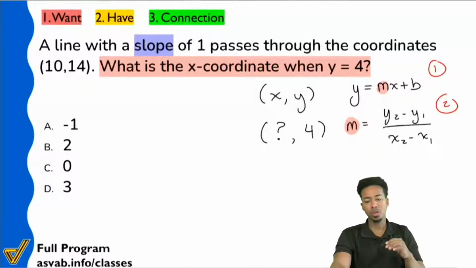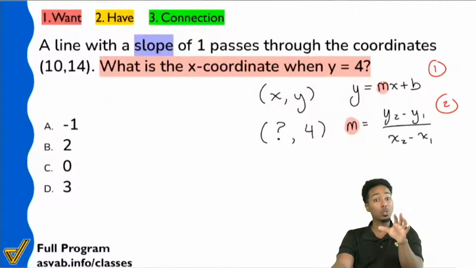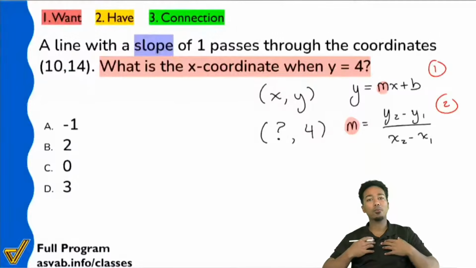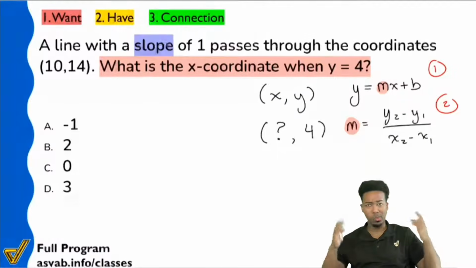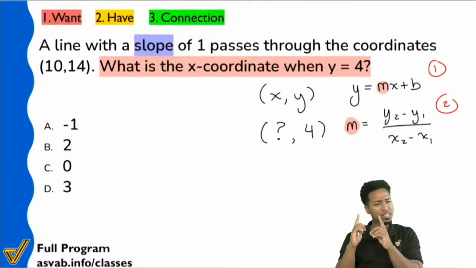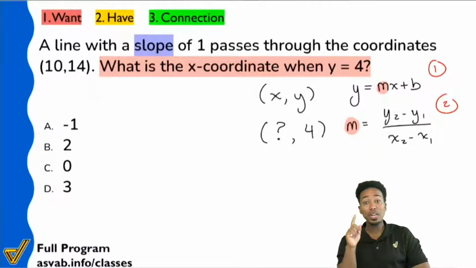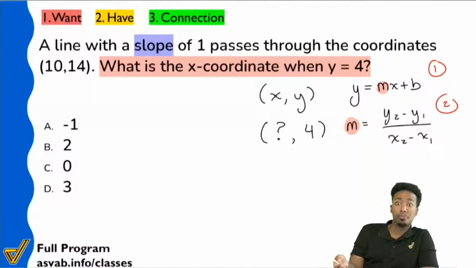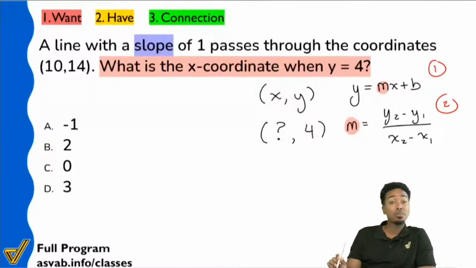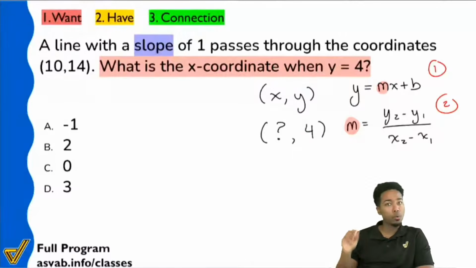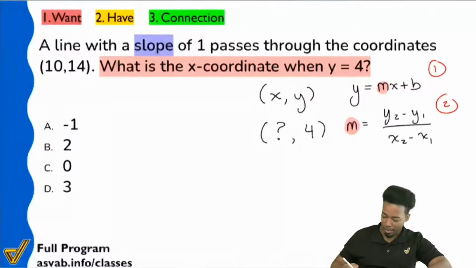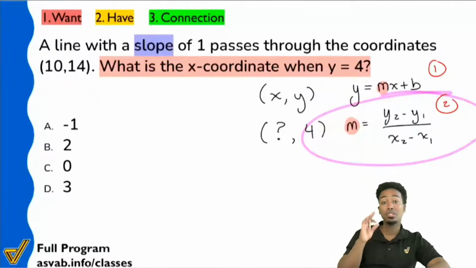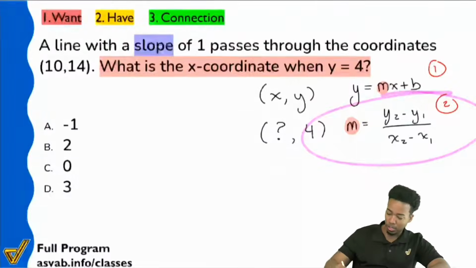Okay. So before I move on, let's make sure we know where we're at. We're looking for an x coordinate when y is 4. But the biggest thing here is that we're going to give you what the slope is. So when we thought about that, we said there's a couple of formulas that use slope in it, like y equals mx plus b, and the slope formula itself. The reason